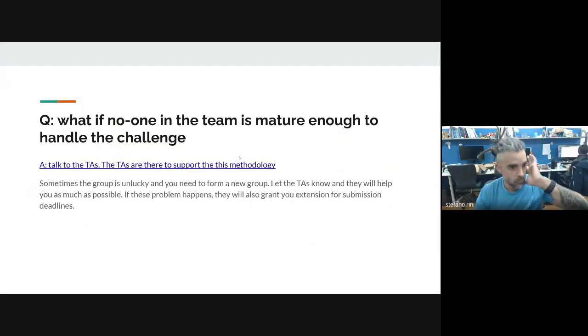So then there is the worst case in which not only you are so unlucky that you get one person that doesn't participate, but nobody in the team is actually working or talking. But it means that you're being very unlucky. Then you let the TA know. The TA has the power to do whatever you want, right? So we will try to reach out to some other team and say, okay, there is this guy who has been super unlucky, has been stranded, and we will do the best that we can to give you a good experience, okay? And for me, this is like being hit by a lightning strike twice.